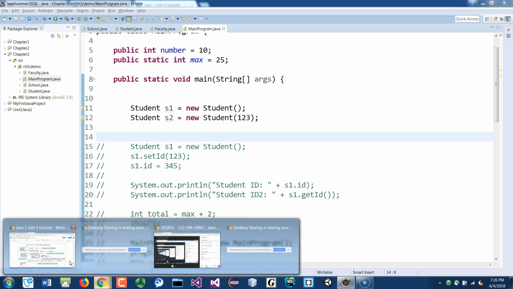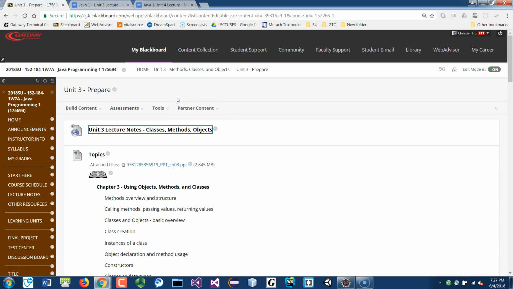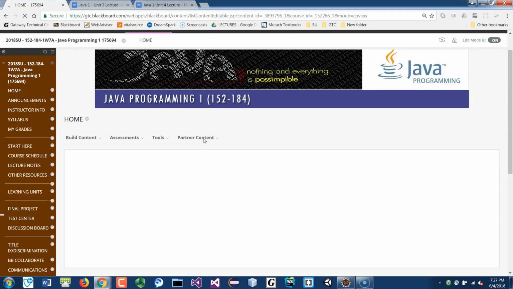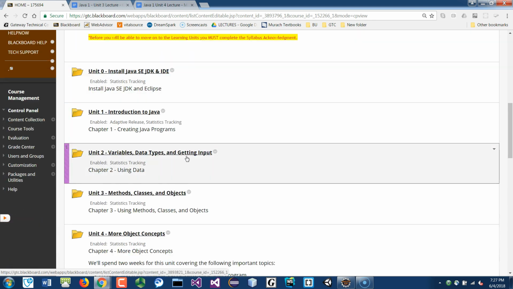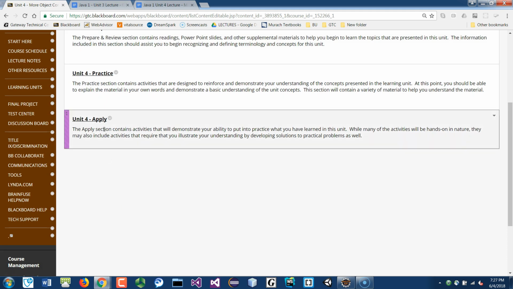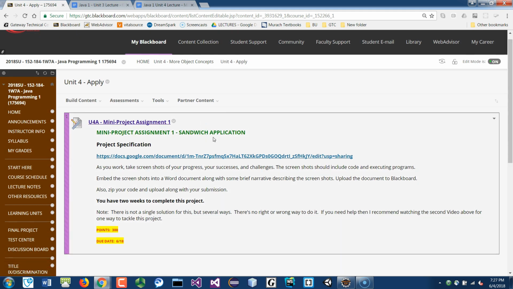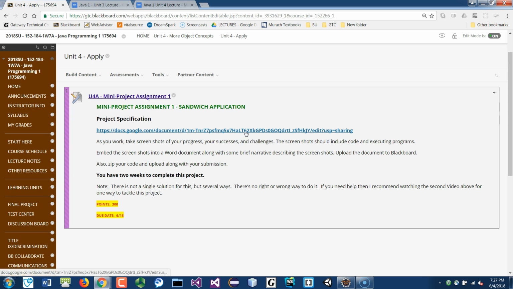But let's go into the project folder, inside Unit 4, in the Apply. We will review this again next week. So the specs is inside this link here. Okay, so you click on this link here, it shows you the spec,